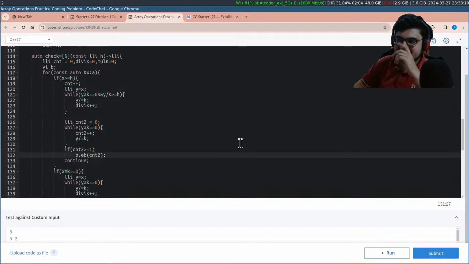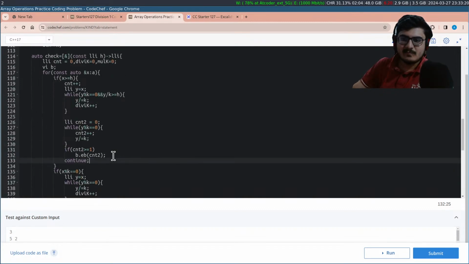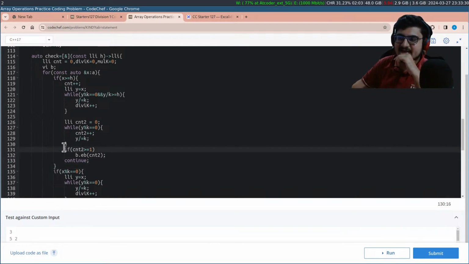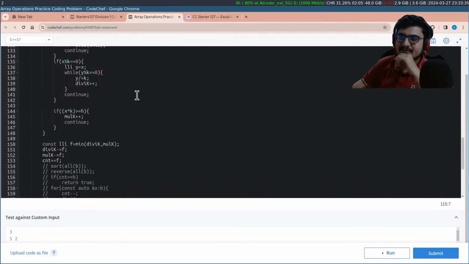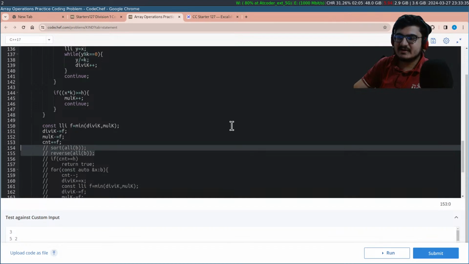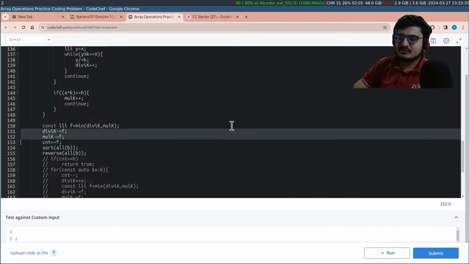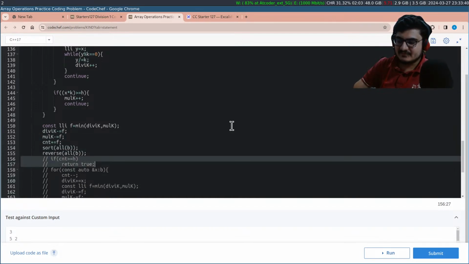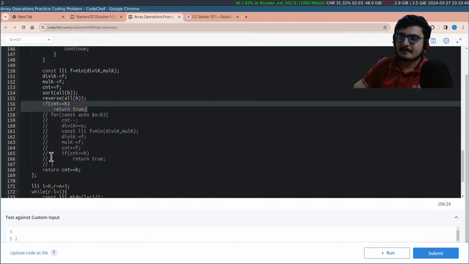Now if this count2 is greater than 1, then at the expense of one number, I would be able to multiply count2 numbers more over here. See, if you have k cube, then you can divide it 3 times to make other numbers greater than k over here. And that is the idea. I then push them into a vector and sort this vector into a decreasing array, and this was the first operation I did. If the number becomes greater than or equal to h, I am good.